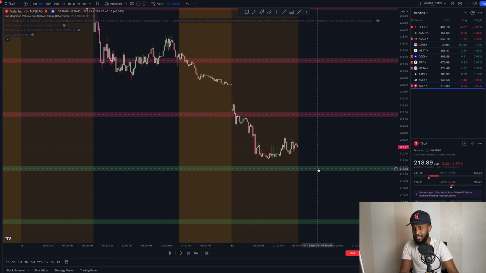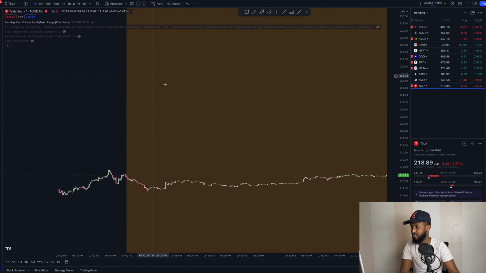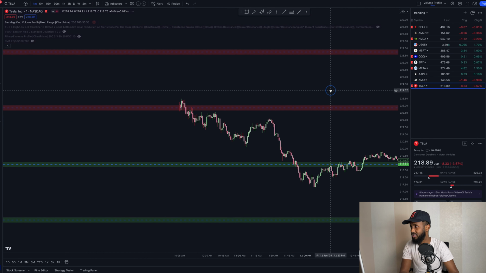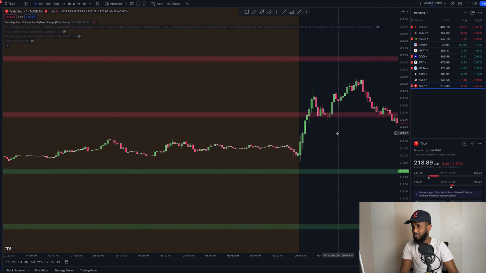So when Tesla gets to 218, this is when I am interested in the market. Same thing with 223, same thing with 215, and then this 227 area. I am not looking for trades anywhere else. So if we approach these zones, that is when I am looking for trades. So for example,